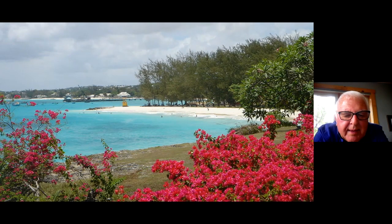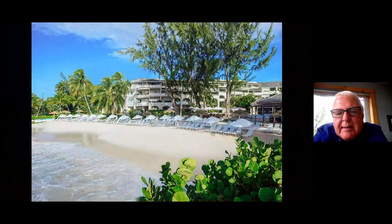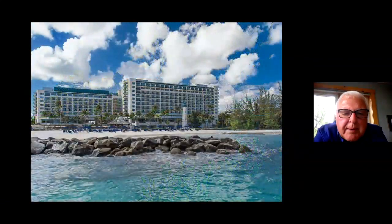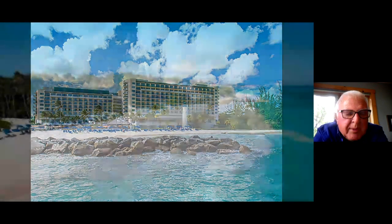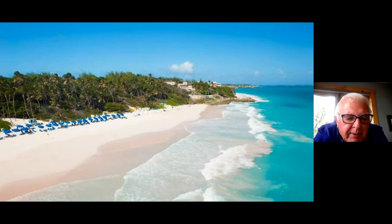St. Lawrence Gap is an icon in Barbados. We have lots of nightlife, lots of life activity, everything from soca bars to piano bars to big local jump up bars. If you want a quieter environment, possibly the West Coast. It's a little more serene, including the water. We're on the lee of the island, so the swimming is a little easier